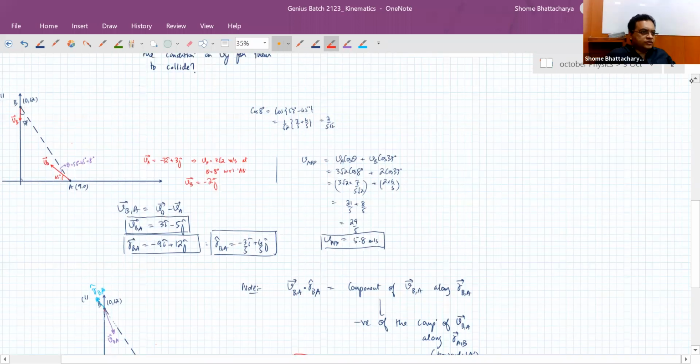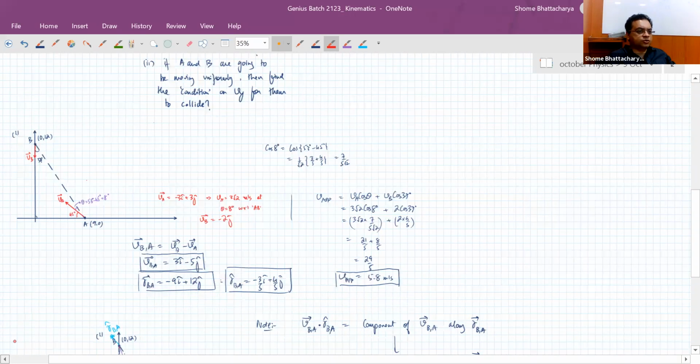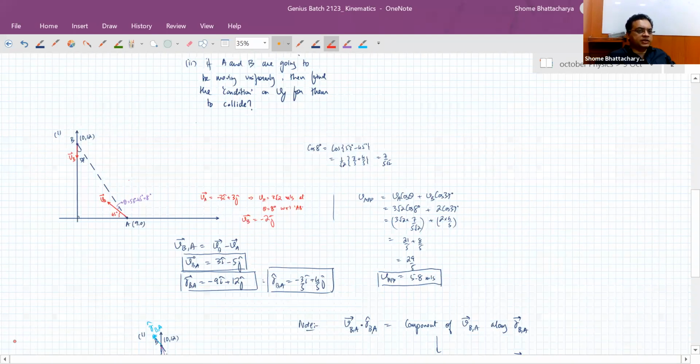So these are the two different methods that I'm showing over here for calculating approach velocity in a general situation like this. One is that I'm looking at VA and VB individually in the ground frame and calculating their individual components along the line AB. So this is that method, and below I have done the relative velocity approach method. So this is the component of VA towards B, and this one is the component of VB towards A.